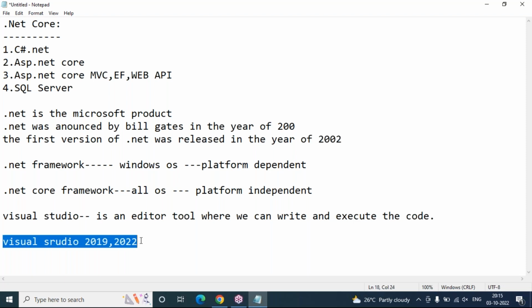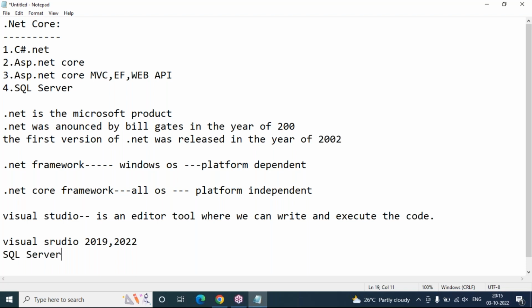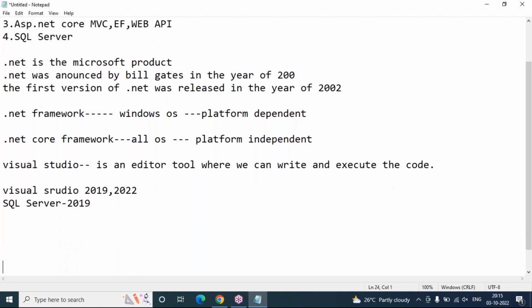So VS 2019, this software is required. Along with this software, I strongly recommend installing SQL Server 2019 also. So what software configuration is required to build a .NET application? These two softwares are very important: Visual Studio 2019 or 2022, and SQL Server 2019. These two are enough.